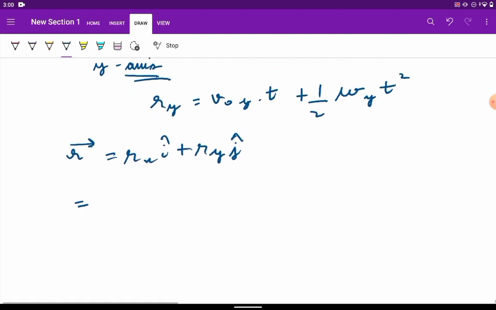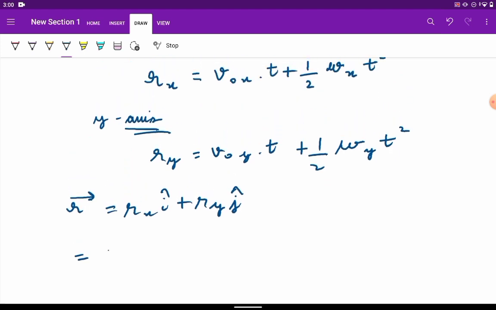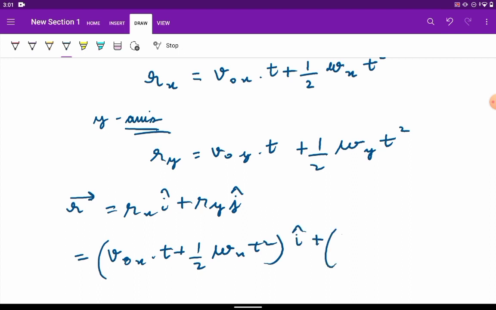So rx is this, v naught x into t plus half wx t square i cap plus v naught y times t plus half wy t square